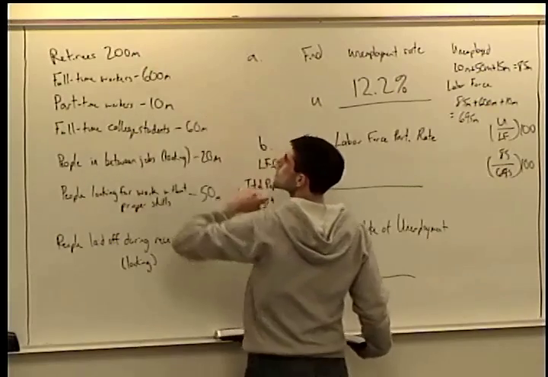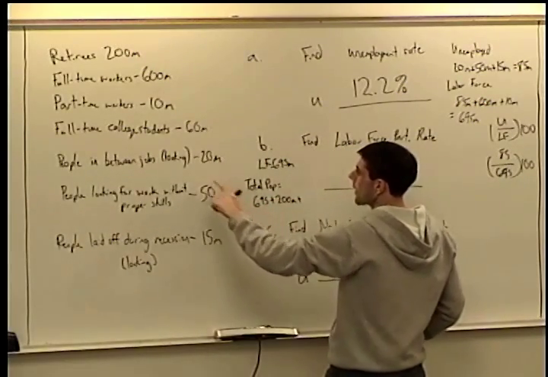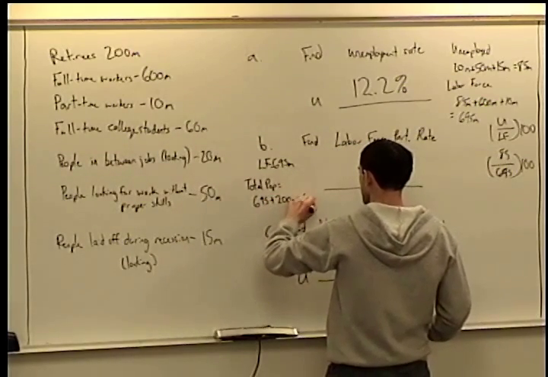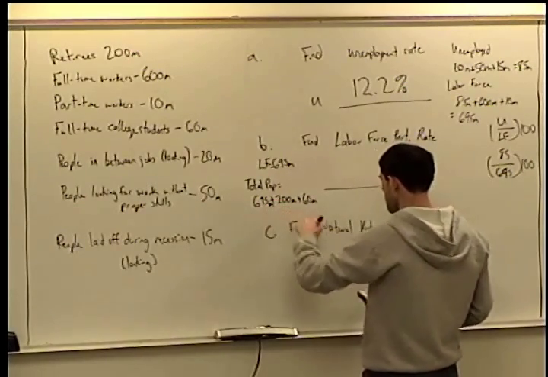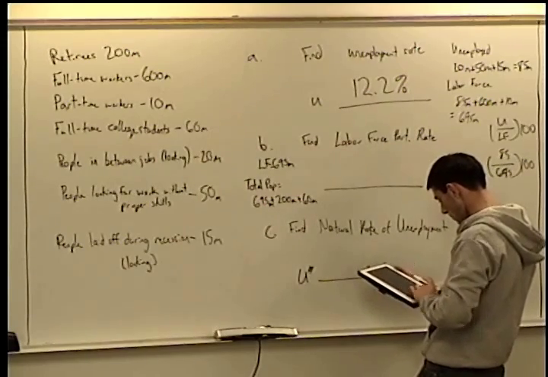We have retirees, which is 200 million. And then we have full-time college students, which is 60 million. So 695 plus 200 plus 60 gives us an entire adult population of